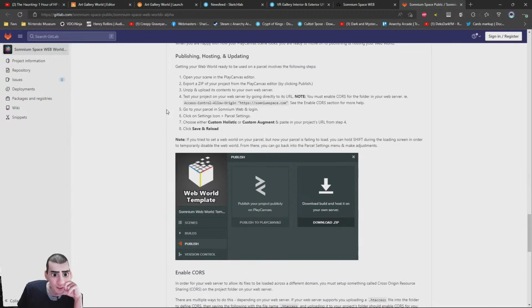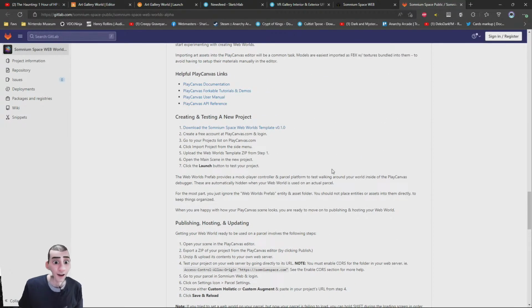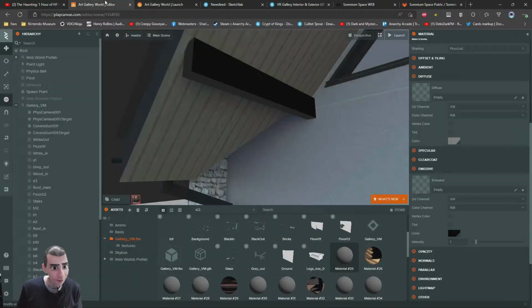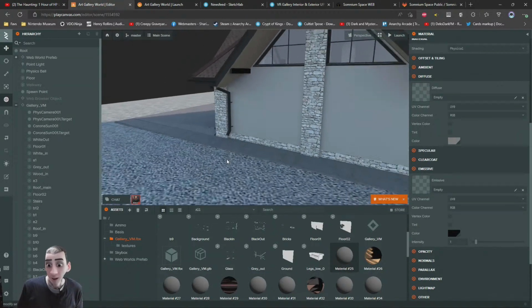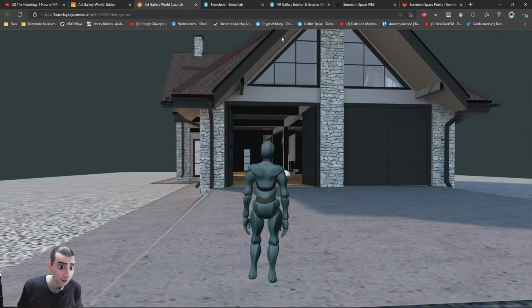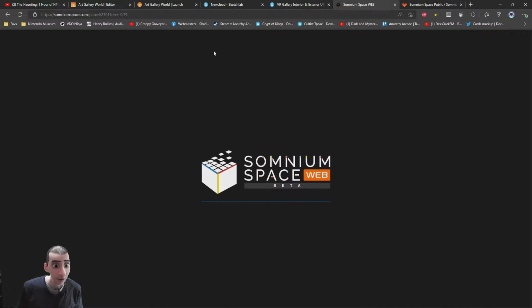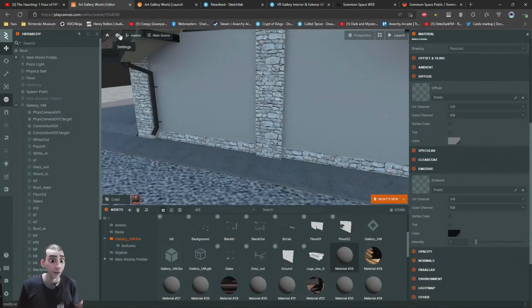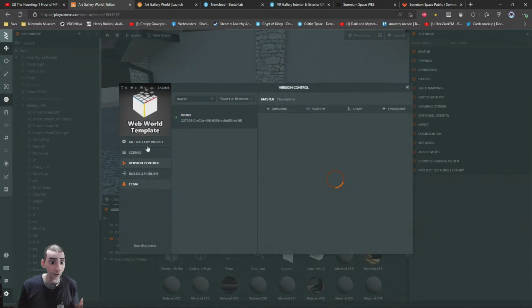The information down here is in publishing, hosting, and updating. So after you're done building the stuff in the editor here, then you click the button shown in the documentation there, and I will do this tomorrow when I publish this one. You export it from here,